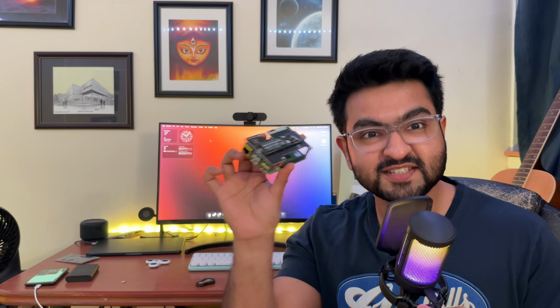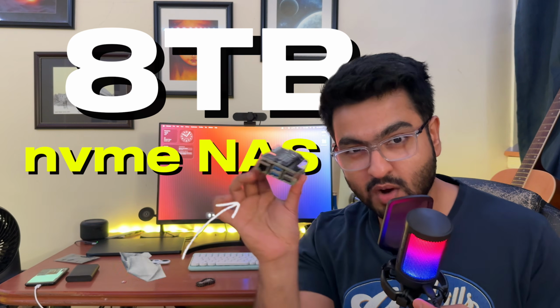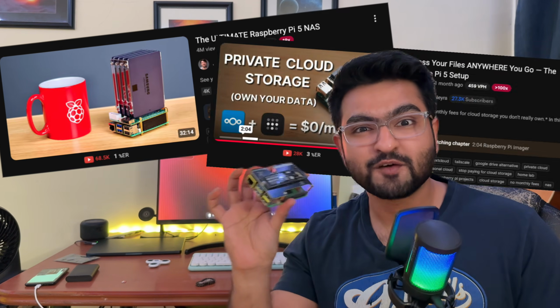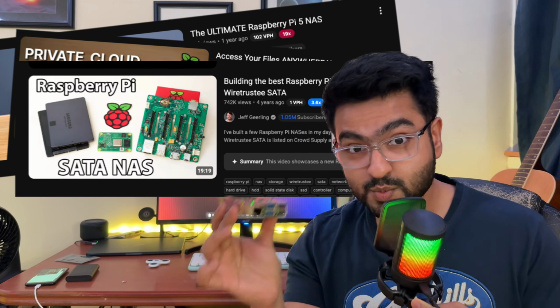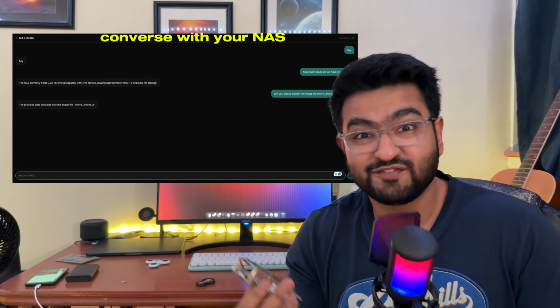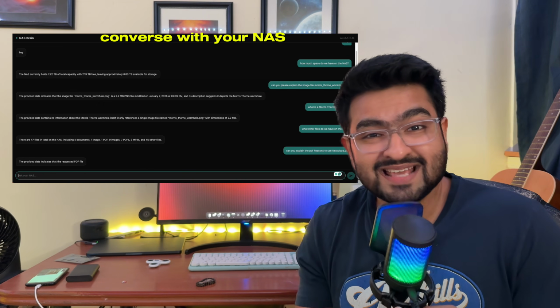This is a pocket size 8 terabyte NVMe NAS that runs locally on a Raspberry Pi. But here's why this is different from all the Pi NAS tutorials that you have seen online. This one actually has a local Qwen 3.5 latest AI agent baked onto it, which by the way runs completely locally, allowing you to do advanced file search, summarize your files, organize all your data on the NAS, and even